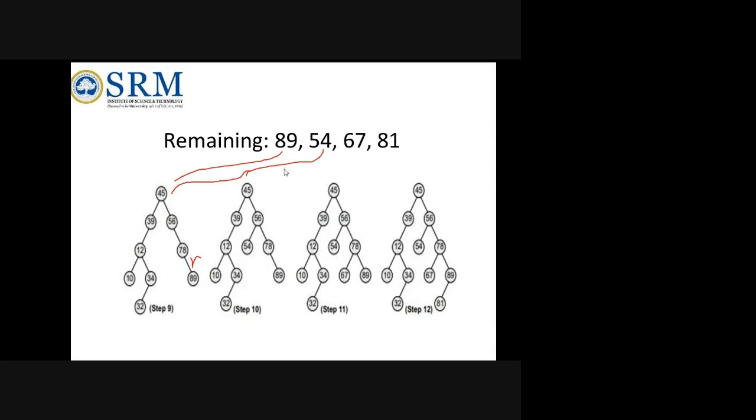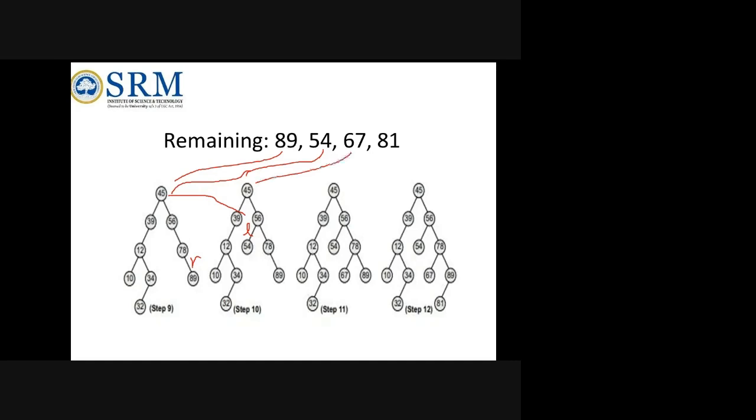Likewise it will go. So 54 when it is compared with 45, greater. When it is greater means right side. When it is compared with 56, it is lesser. So it should come in the left. Left there is no node. So you can insert it in the left of 56. Left node 54 is there. So after this the answer achieves over here. Okay. So this is our new step now.